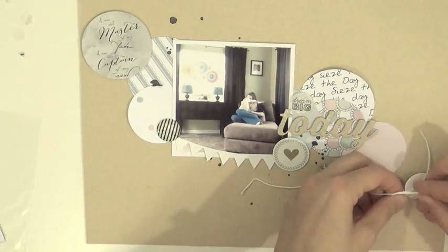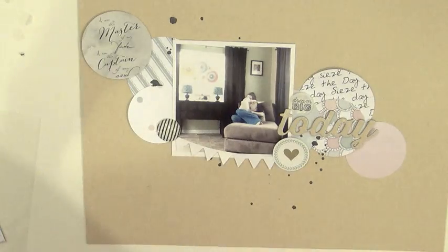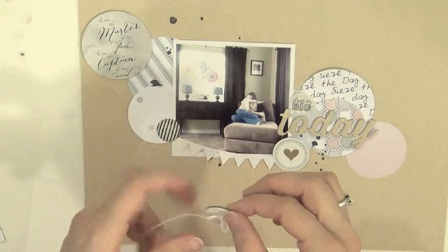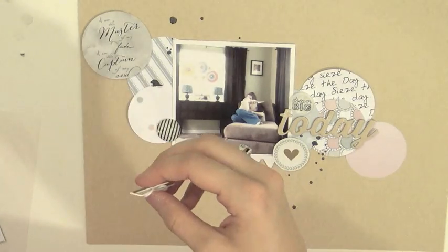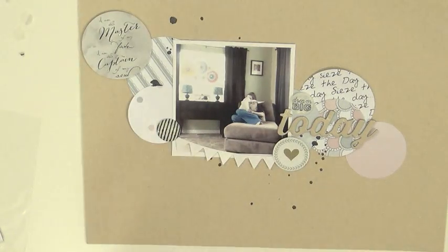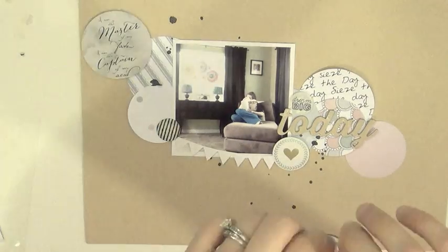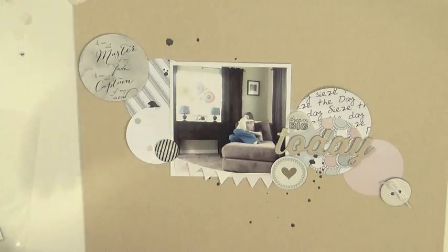And so at the end, I think you'll see me pick it up, and I show it to Carrie, and she's like, why don't you put, the style now is to add strips of paper at the top and the bottom of the layout. And I was like, that's a genius idea. So I had a piece of gray patterned paper that I hadn't used, but I knew that I wanted to use it. So I do the trick